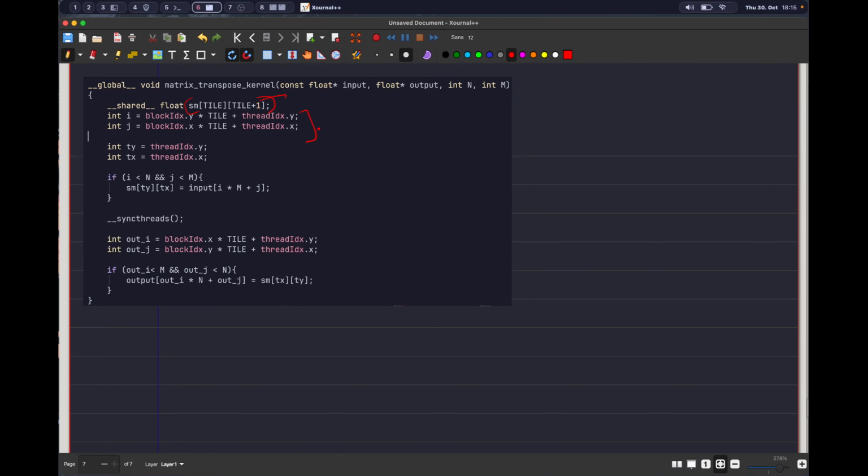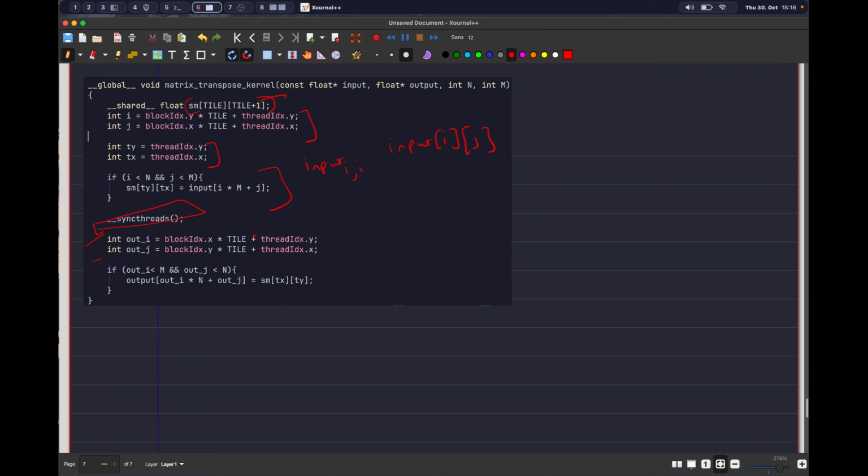Then we are again doing the same thing, calculating I and j. We are storing the ty and tx of a thread. Then we are storing the I comma j element of input to the shared memory at this location. This is fairly understandable code because we have seen it multiple times, right? Now we are doing sync threads because we want all of the threads to complete loading their particular elements of the input matrix into the shared memory. We need them to complete their operation before moving on to the next part of the code, which is this. Now we need to calculate the output indices in the